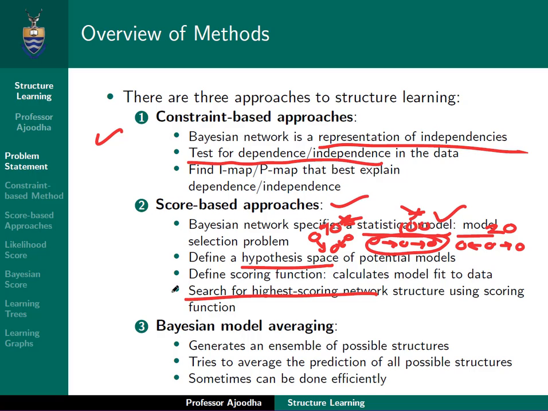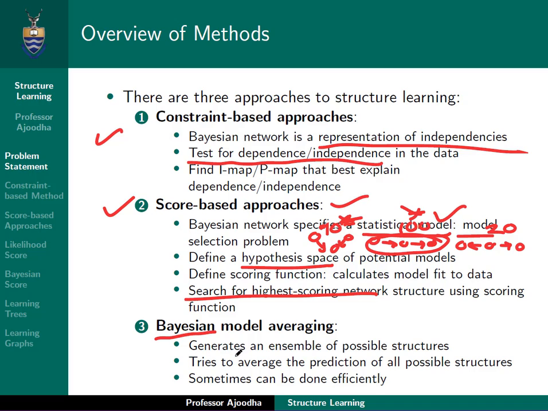The final one is the correct way to do it. I always say the Bayesian way is the correct way to do it. But this way is the most difficult way. This is called Bayesian model averaging as an approach to structure learning. And this is the best way, as in this will give you the right answer. However,